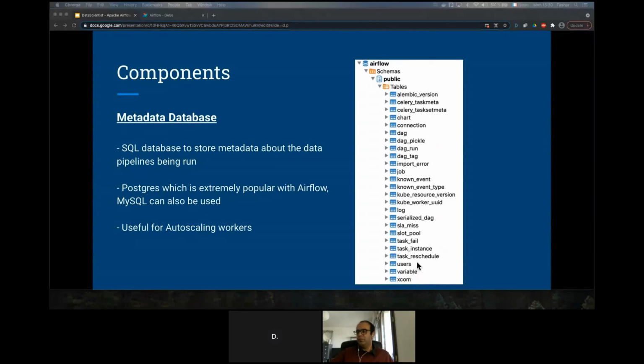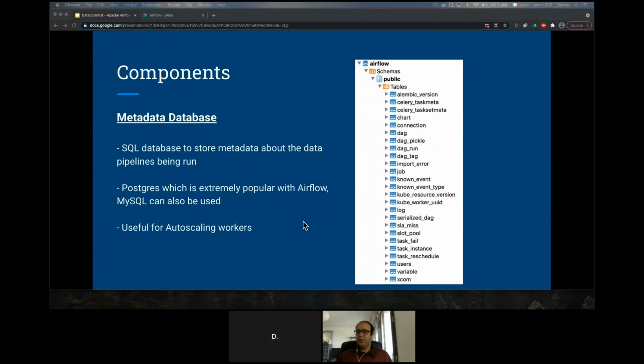You have the information about the users, who all have access to Airflow. You have information about XCom. Basically all the information which you see on the UI or which Airflow is using is stored in this metadata database. Popularly we use Postgres for Airflow. Postgres is best for the Airflow metadata database, but you can also use MySQL.